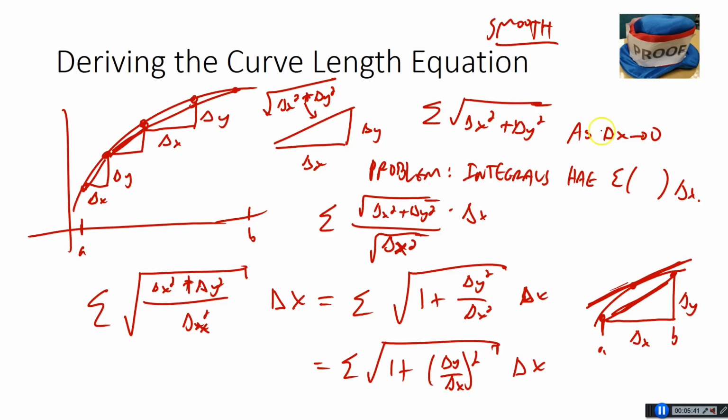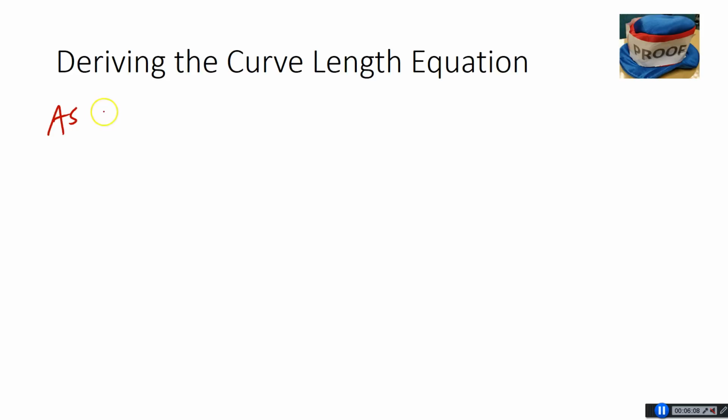And what's happening is delta x is turning into 0. So delta x is squeezing smaller and smaller, and there are going to be fewer and fewer choices for where the c is going to be. It's going to turn out to be the only point that's left, right? This is going to get so small that the only point that's going to work is the same point that fits into that delta x. So what happens is this guy right here, because the derivative is equal to the slope, is just going to turn into the derivative. So as delta x goes to 0,